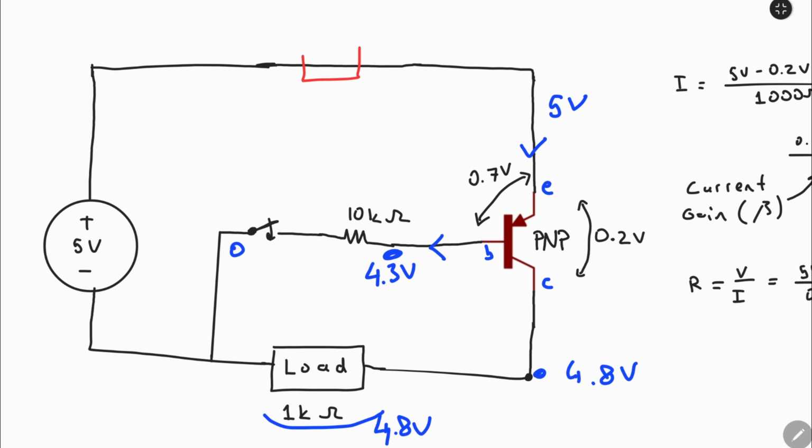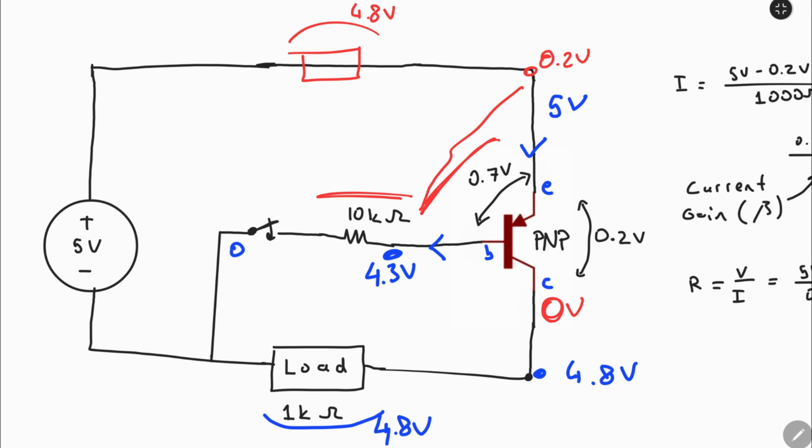But if you had the load right here, then it would have been completely different. Then we would have had a 0 volt here and then 0.2 volt here because we have 4.8 volt drop across the load. Now it's not going to be fully saturated because we don't have enough voltage across here and probably not enough current because we don't have enough voltage going through the base and fully saturating it. So if you put the load on top, that's going to be for some different scenarios that I'm not covering in this video. So if you're using the transistor as a switch, you should put the load on the collector